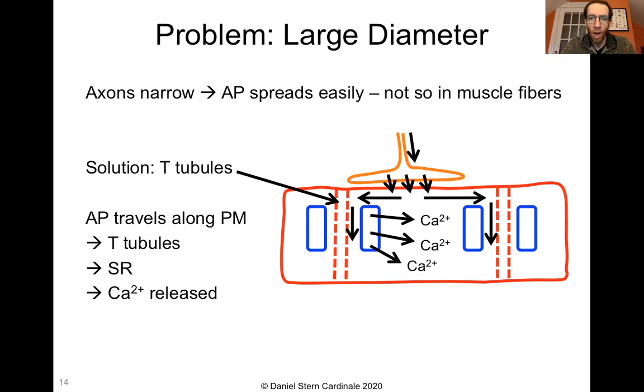So here's another example similar to something we saw when we looked at synaptic transmission, where an action potential triggers the opening of voltage-gated calcium channels. We saw that at synapses previously, and now we're seeing it within muscle cells. So the calcium ions are released from the sarcoplasmic reticulum into the cytoplasm of these cells, which is largely full of myofibrils, and now we can start the process of contracting those fibers.